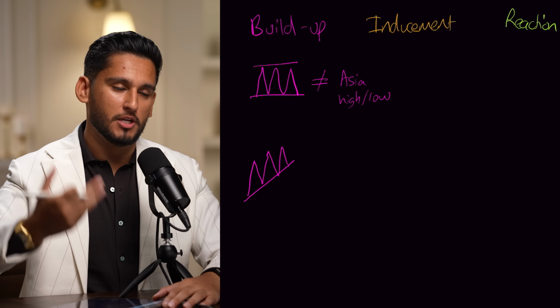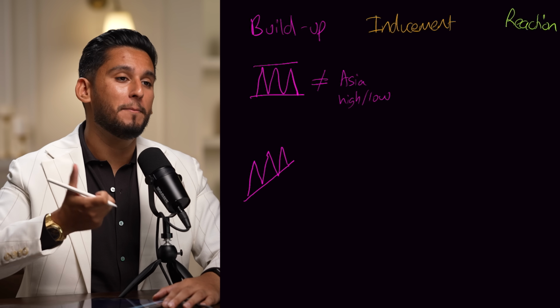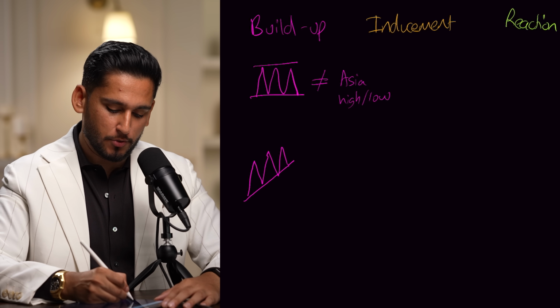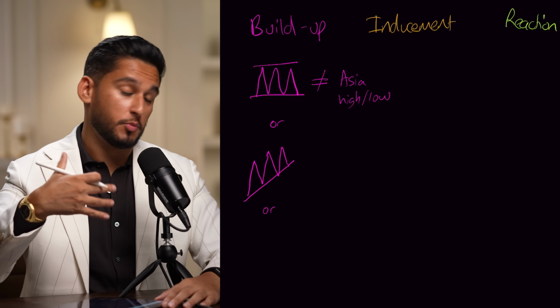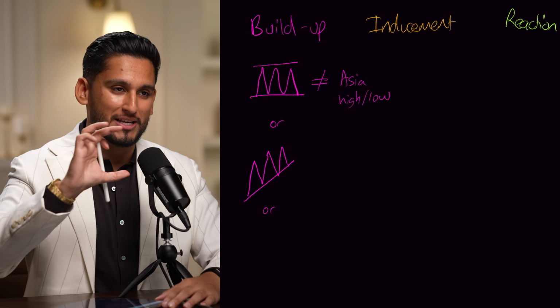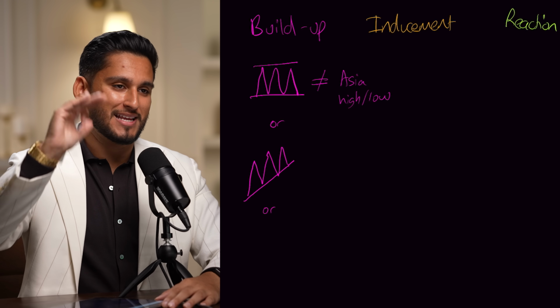Now, there is going to be many types of build-up that we can get into around patterns, head and shoulders, Fibonacci level, EMAs, and there's going to be many complicated types. But just to give you a few examples, you can have the support and resistance version, which also encompasses Asia high, Asia low as a range. Next, you have trend line liquidity, ascending or descending.